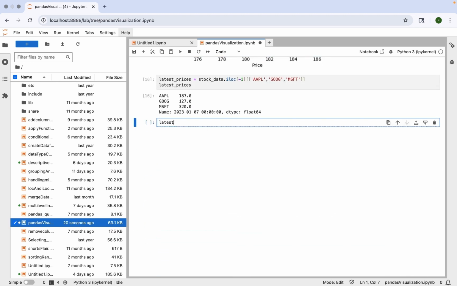Now, on this latest prices, we are going to use the plot function, and this time the kind will be bar because we are interested in plotting a bar plot. And I want Apple's bar to be green, Google's bar to be orange, and Microsoft's bar to be purple. So we'll pass a list of colors to the color parameter this time. And that list of colors will hold green for Apple, orange for Google, and purple for Microsoft. And the title is going to be